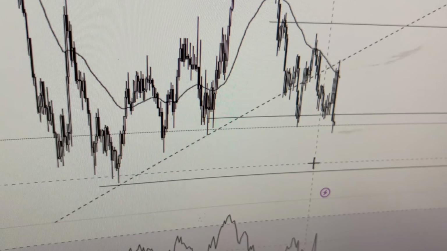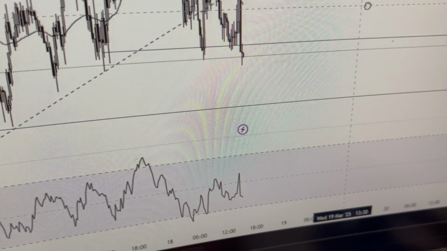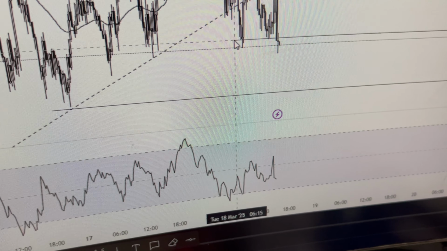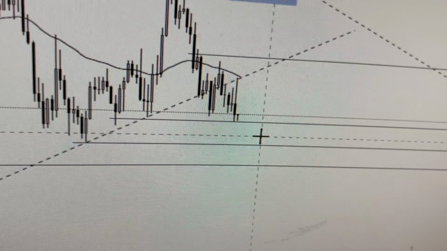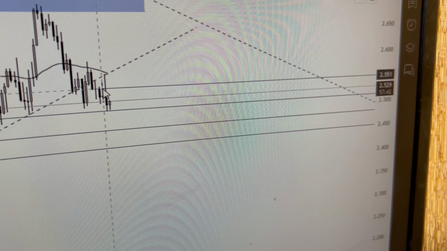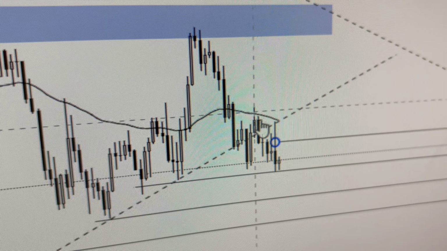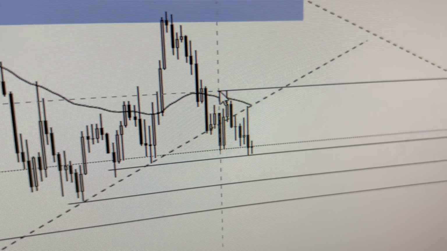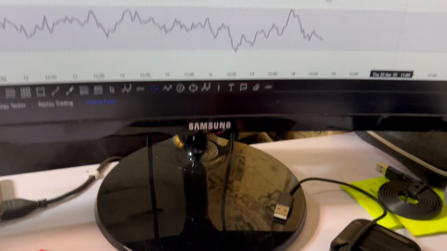All right, so let's highlight what ChatGPT is saying on the chart. Firstly, when price breaks below 2.515, we will take our entry immediately. Below this line, we take our entry. And our stop loss will be at 2.550. Where is 2.550? Our stop loss will be here, or at the next swing high. I prefer to put it here, at the next swing high. This place will be safer for me. And take profit will be 2.450.